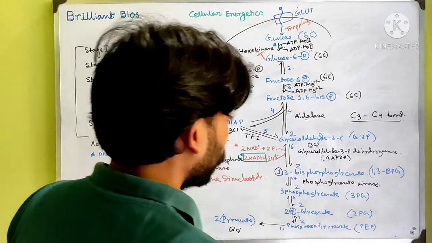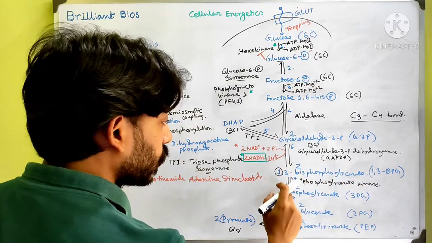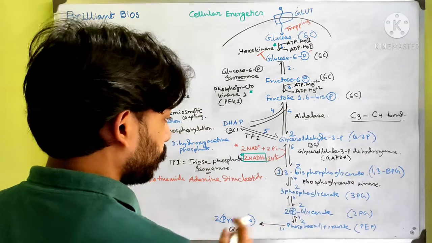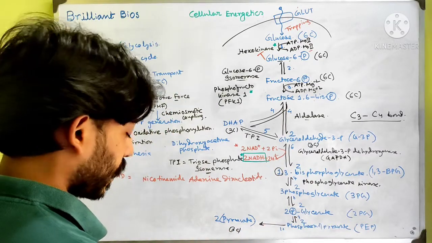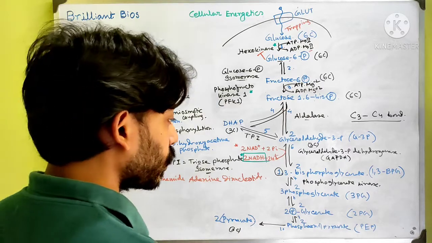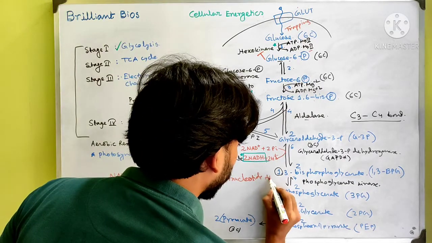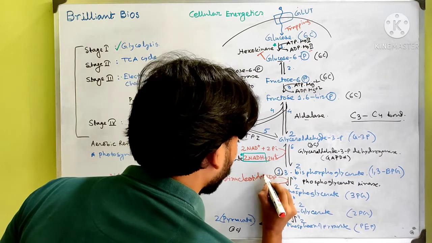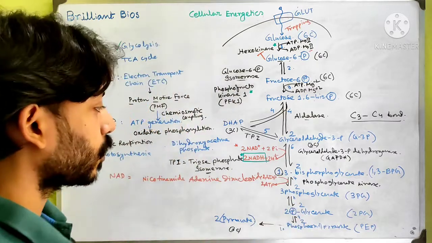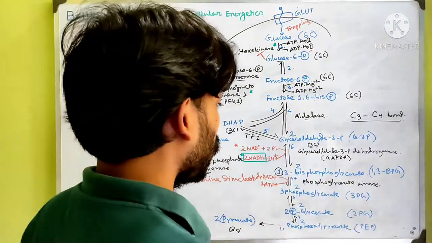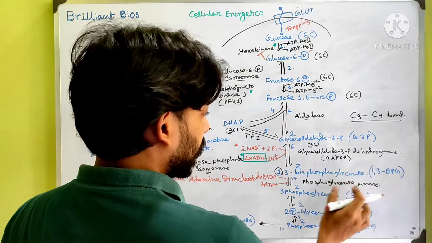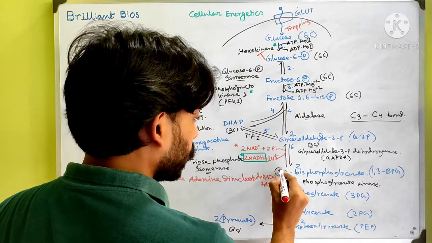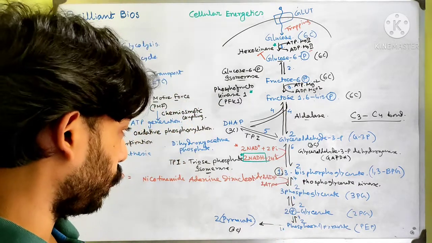See, here is a kinase enzyme. It removes the first phosphate group from the product, and by this way it makes a very important product called ATP. So ADP is converted into ATP. Remember the number also, 2, because there are 2 of this product. So this phosphoglycerate kinase is making ADP into ATP with the help of the phosphate group that is present in the 1 position of this molecule.